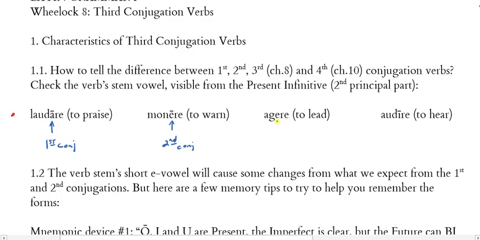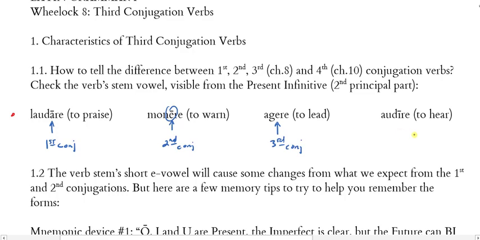Agere, to lead. Notice that before the re infinitive form, there is an E, but it's not the long E, such as we see here. There's no macron here. This is what makes this one a third conjugation